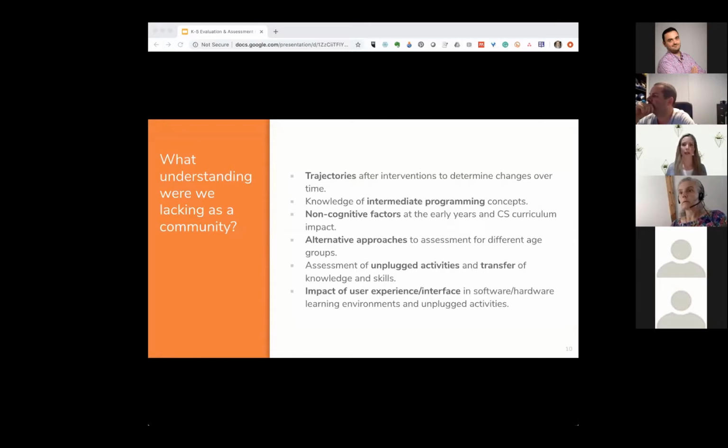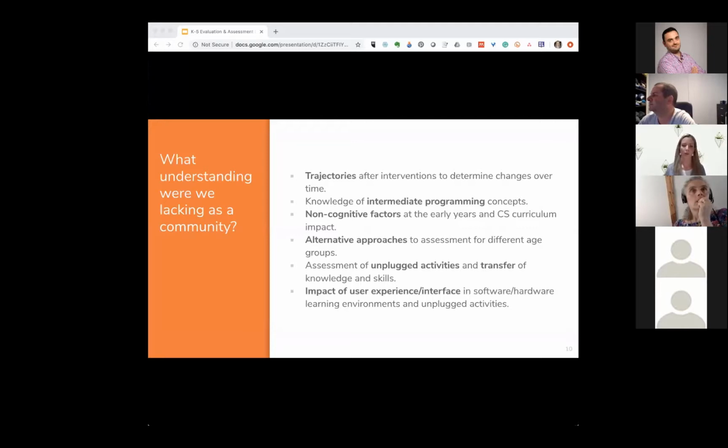Several related topics were raised as important to explore further, including learning trajectories and determining how interventions are impacting student learning, looking at knowledge of intermediate programming concepts, so moving beyond introductory programming, looking at non-cognitive factors in the early years, particularly how you do that with pre-literate or early literacy students, and then looking at how curriculum impacts on those factors.